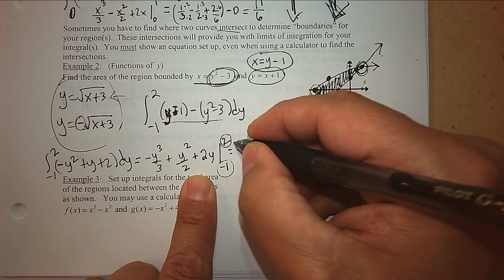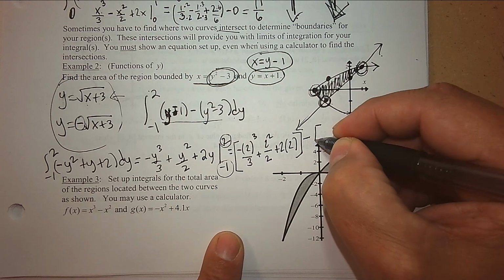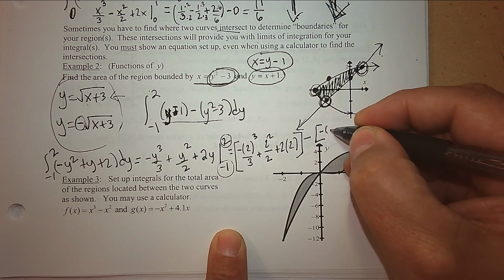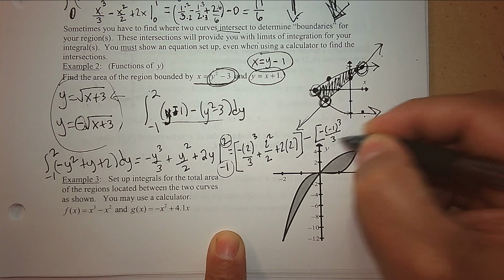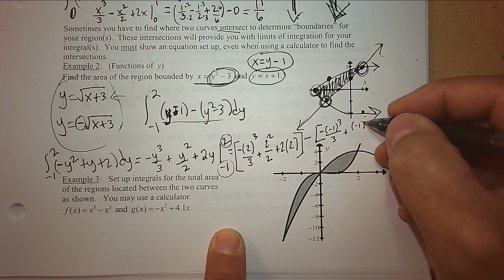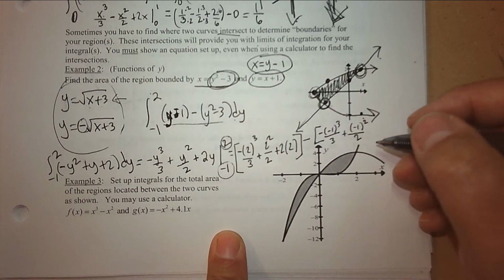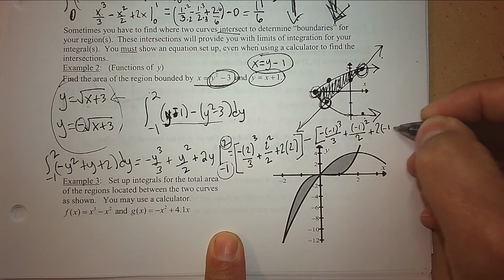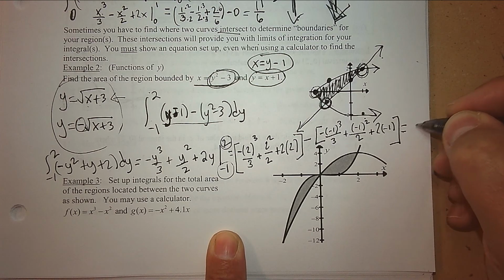Make sure you put brackets around the first bound, subtract, and then another bracket for the second bound, where I plug in -1. That's why we have brackets, to differentiate. And you'll just believe me that the answer is